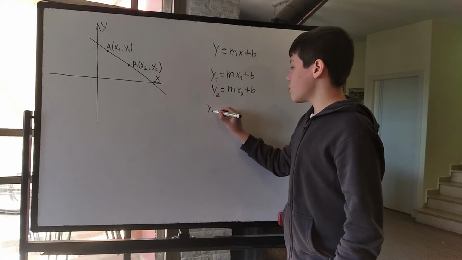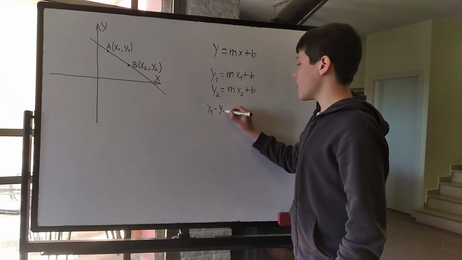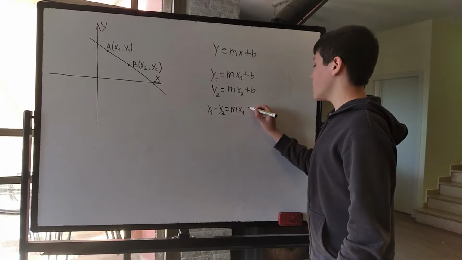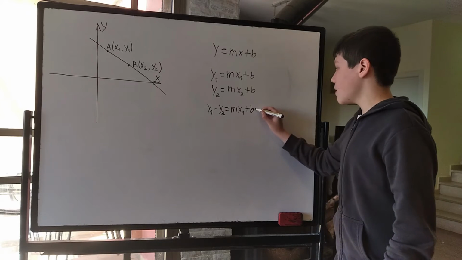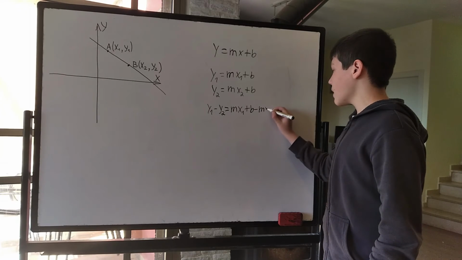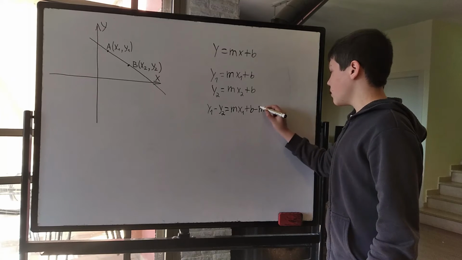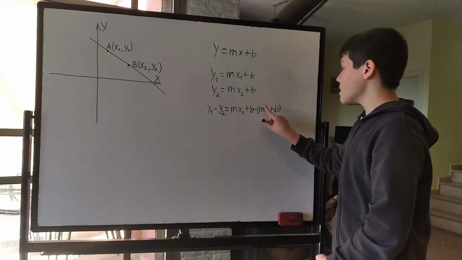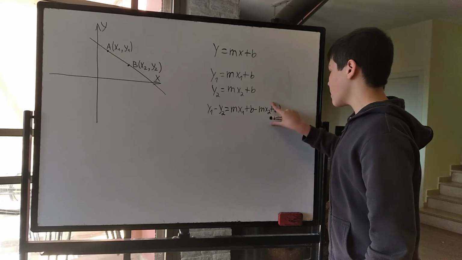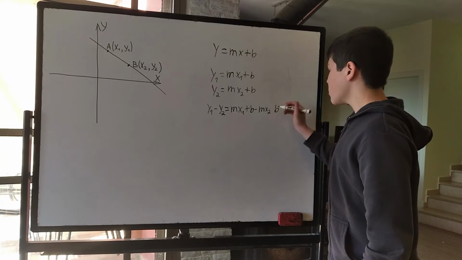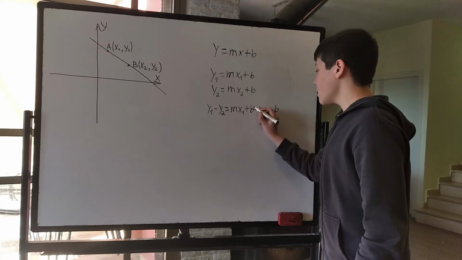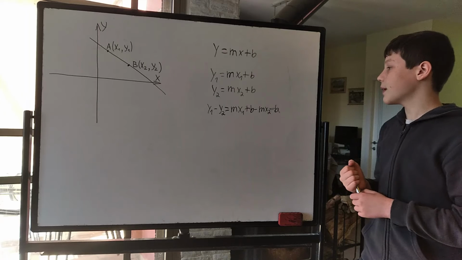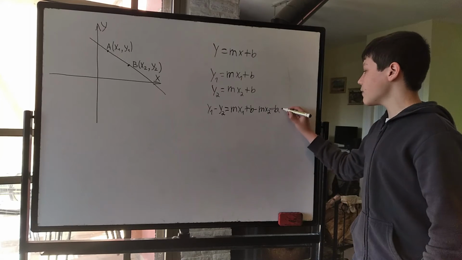As such, we get y1 minus y2, which is equal to mx1 plus b minus mx2 plus b, and this whole thing is in parentheses. And then when we open this up, we get minus mx2 but we have a minus b. And then, just as we wanted, b and b cancel. B and negative b cancel. And we're simply left with